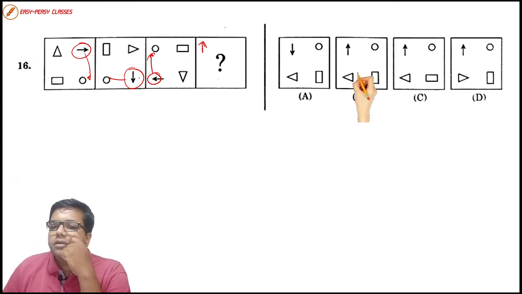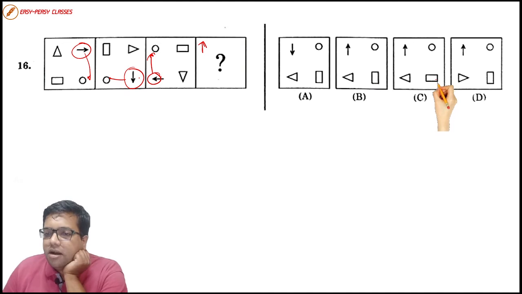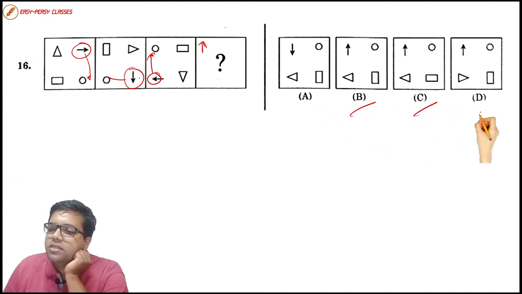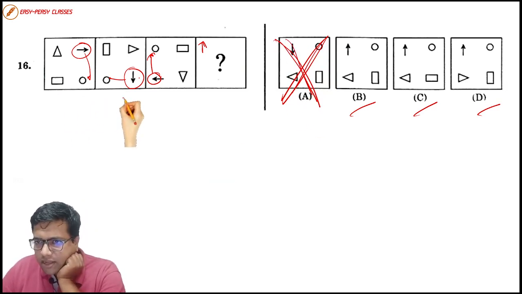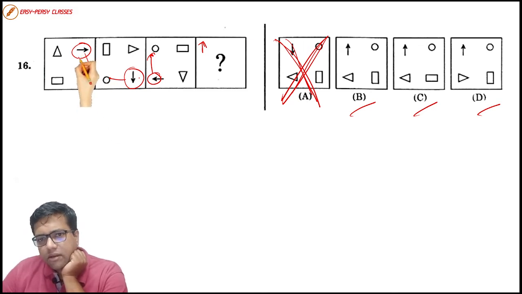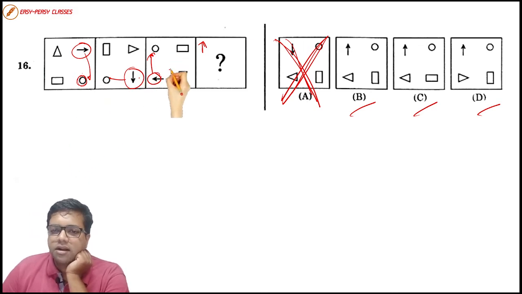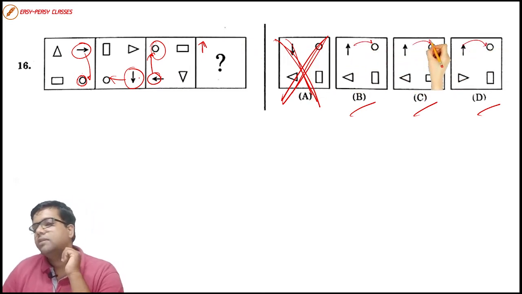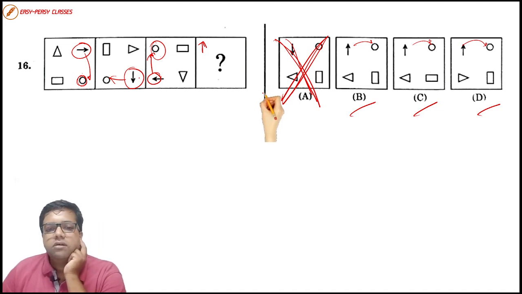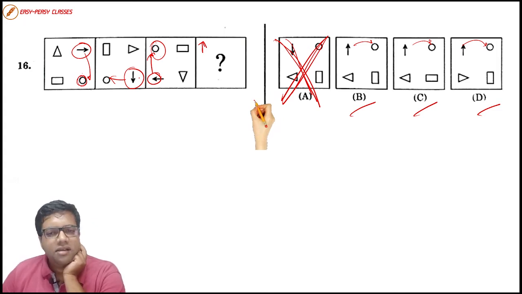Now, how many among these figures have an arrow facing up? We have three figures, option B, option C, option D, and option A can be eliminated by this critical reasoning. Further, let us see. The right side of the arrow is always placed with a circle, right? So the right side of the arrow is placed with circle, circle, circle. Oh, all three of them have the circle properly placed. We have a tough competition going on here. Let us see further.